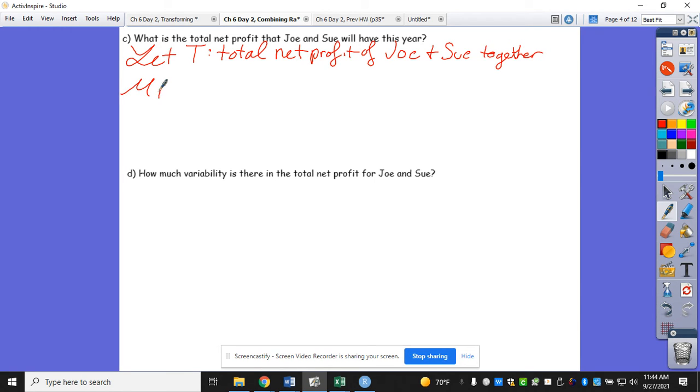So how do I find mu of T? That's just mu of X plus mu of Y. Combining mean, anything you do with means works exactly the way you would think it would. Put their money together. So how much did he make on average? How much did she make on average? So on average together they make